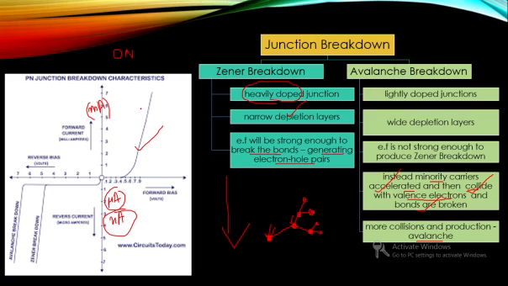Okay, so in the forward state it will act as an on state, which means there will be a flow of current. When reverse biasing is given, there is no flow of current, which means the device will be working as an off state. Due to this property the PN junction can be used as a switch. Switch means that in certain conditions they will send out current, while in certain other conditions they will be in the off state.